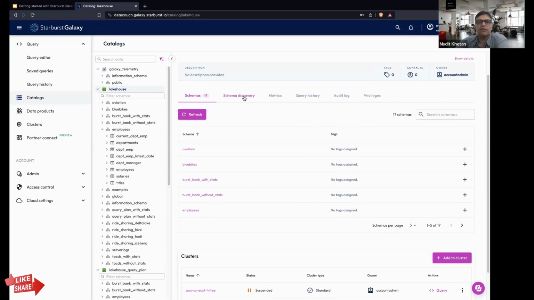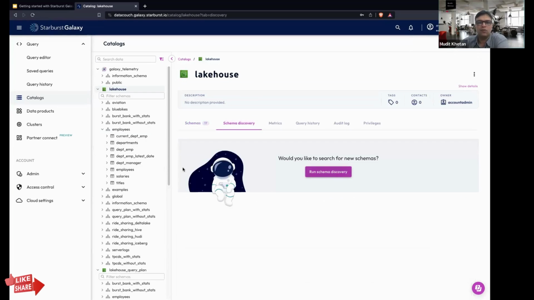So you can check out the schema discovery. If you want to run schema discovery, you can run it, and it is going to look for new schemas that have been added to the lakehouse since you last ran the discovery, and they will be updated for you. So even if different users start adding different schemas to the catalog, it is never required by you to do it manually.